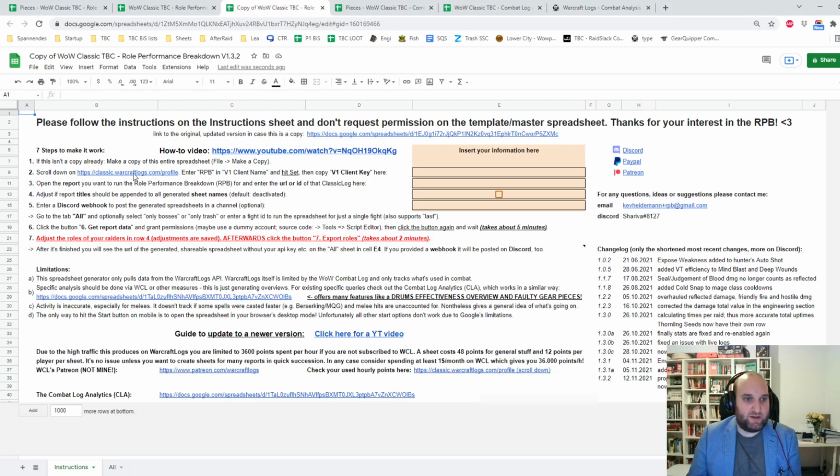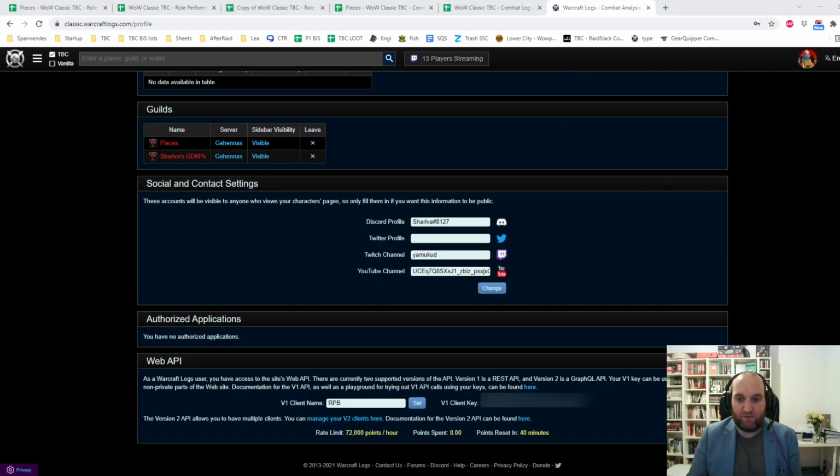For that you can click on that link, which directs you to your profile. I already scrolled a bit down, and down here you can see a section with version 1 client name and client key. What you have to do is enter something in here. It could be RPB, could be CLA, just the abbreviated names of the spreadsheets, or whatever suits you. Remember to hit set, otherwise this input is not actually taken into consideration,